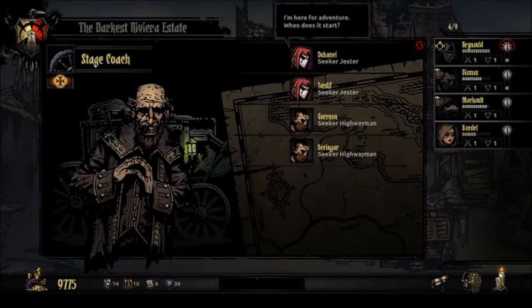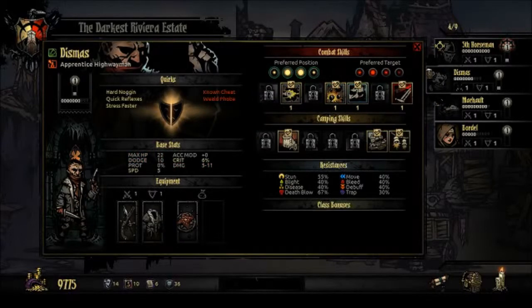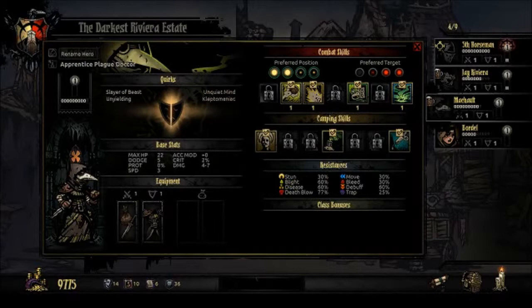Oh, this is not great. Yeah, so I'm just going to rename these here. And we have our Crusader, which is going to be Fifth Horseman, which is a subscriber of mine. This one is going to be me, J Riviera. And this one is